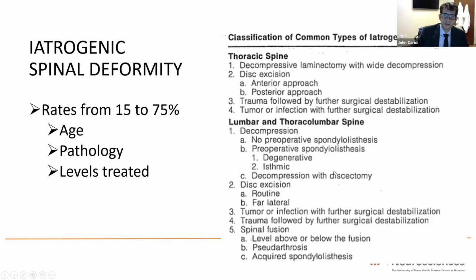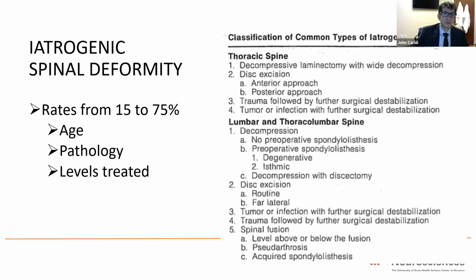It does talk more about what are the causes of iatrogenic deformity. And what you notice is none of them are necessarily flat backs. They talk about more pseudoarthrosis and then adjacent segment disease. So we don't really know what the rate of failure is of our fusions because we are putting patients in compromised positions.